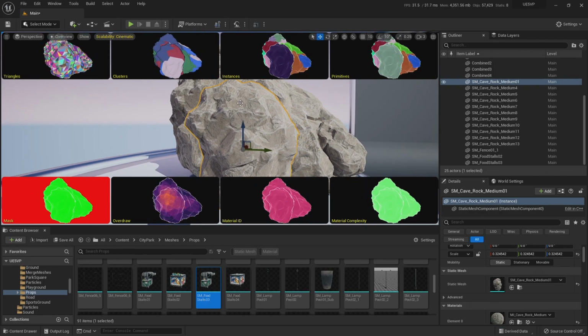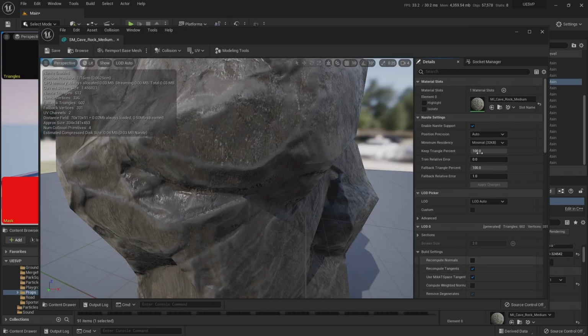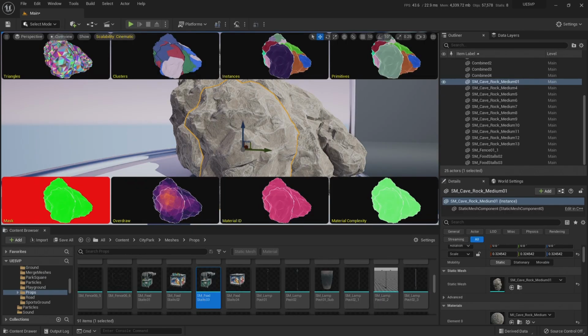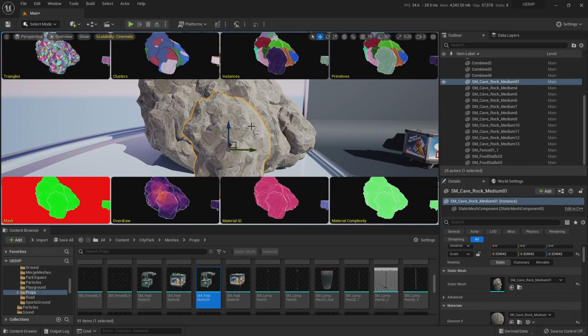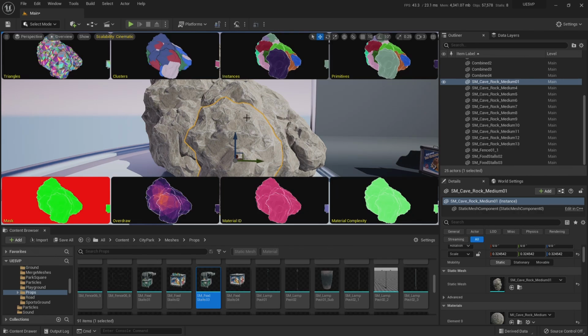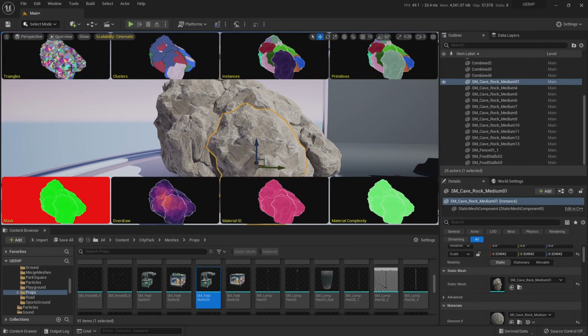So it will convert to Nanite very well. If you double click on the asset, on the actor, and then you simply hit enable Nanite and hit apply changes, you should have your Nanite virtualized geometry already working in your scene. But as you see, triangle wise is very good, but cluster wise is really not that good.